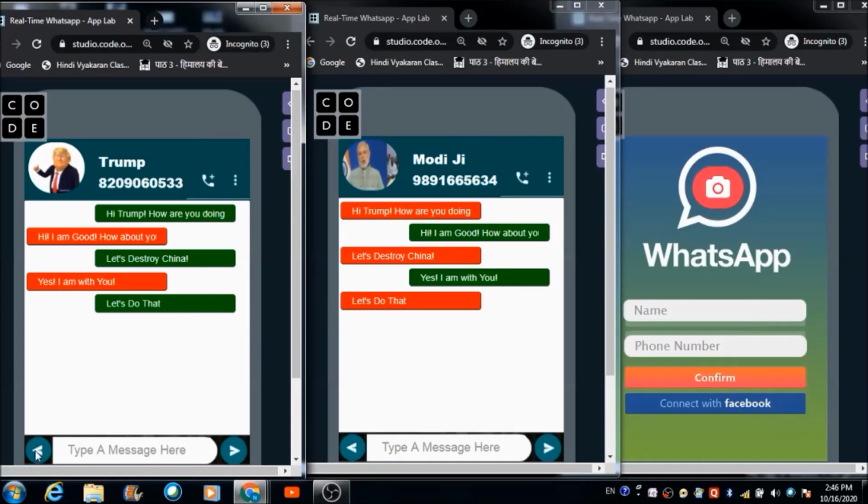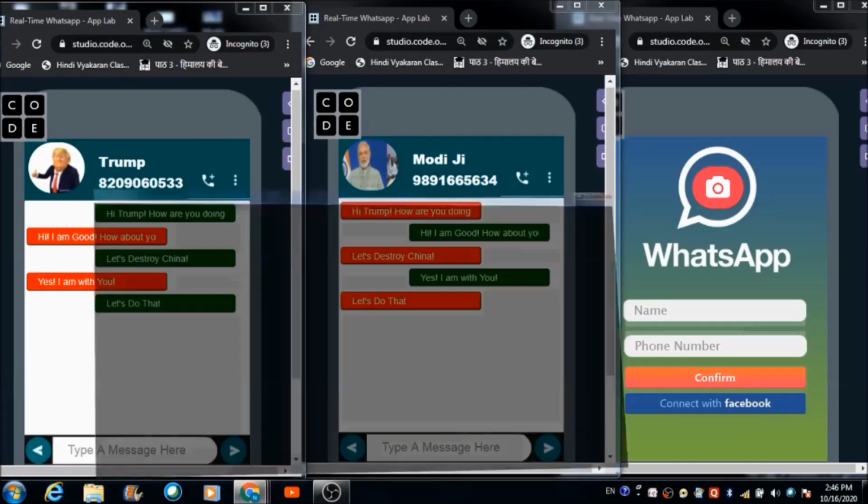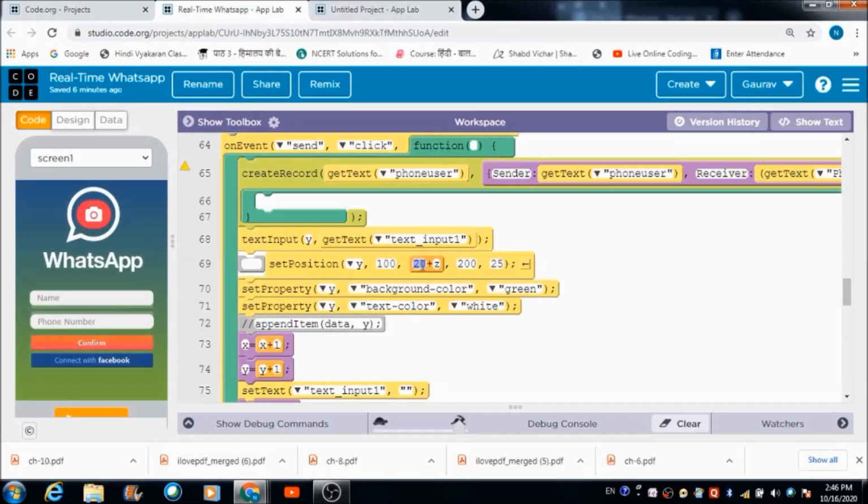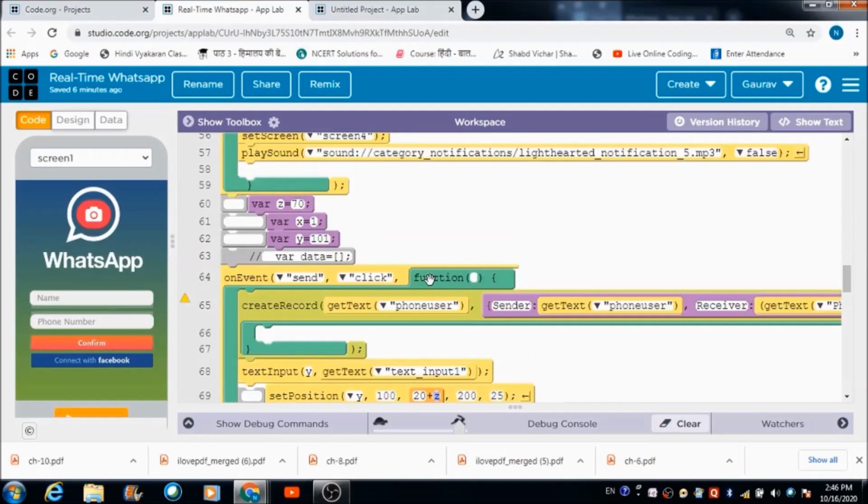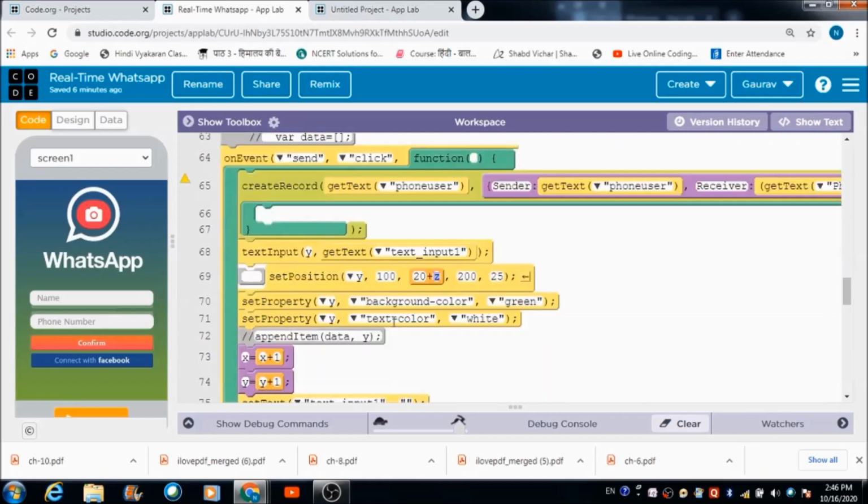Now when he hits it, we do not want this box to collapse with the green box. So to define a proper distance between these two boxes, the green box and the red box, we use the variable: 20 plus z. So z is actually the gap between the two boxes.